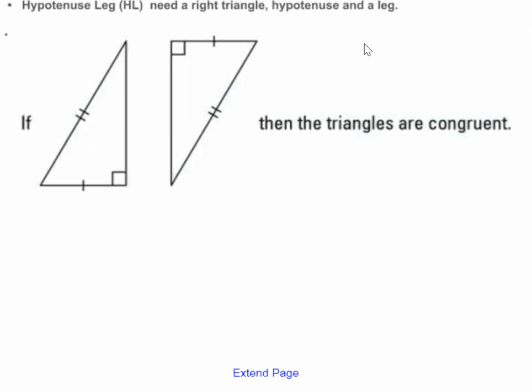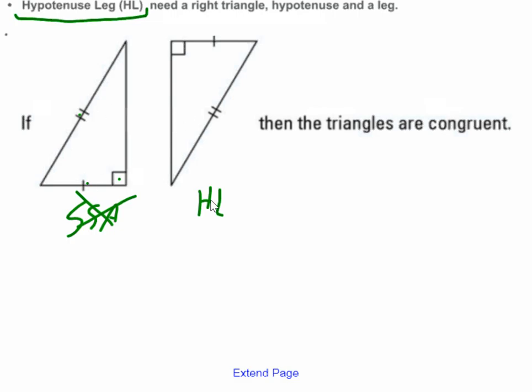But side-side-angle does sort of work if it's a right triangle. This one's called hypotenuse leg. So if I have a hypotenuse, and I know it's then a right triangle, and a leg, this is side-side-angle. But you would never say side-side-angle. You would say HL. So if I have a right triangle and a congruent hypotenuse and a congruent leg, it